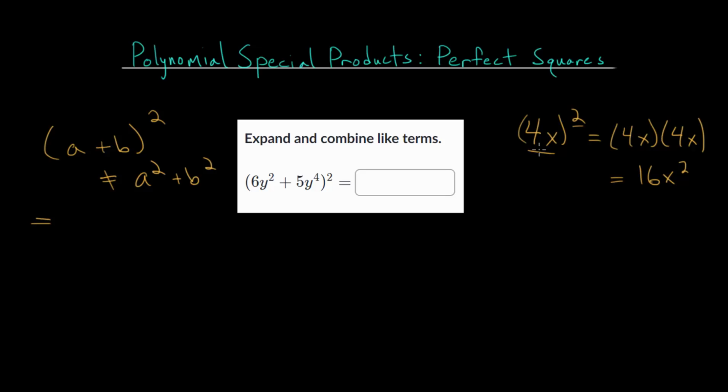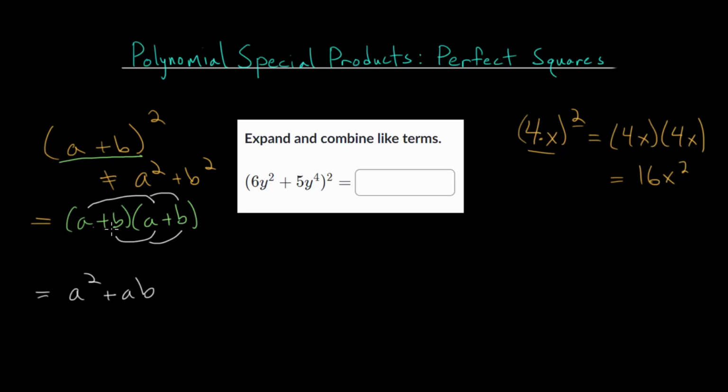So with multiplication, you do in some sense distribute the square to each of the factors here. But with addition, it's much more complicated. So you need to be careful. And if we rewrite this twice, we get a plus b multiplied by a plus b. And to multiply these two binomials together, we need to use distribution. So the a will multiply to both terms here, and the b will multiply to both a and b in the second binomial. So a times a, that's just a squared, and a times b,